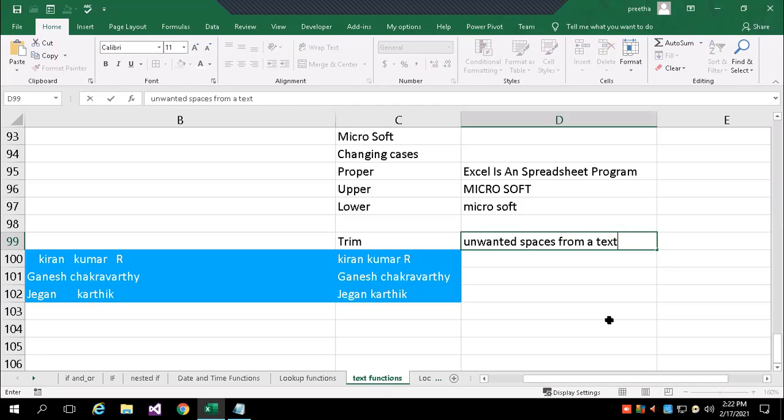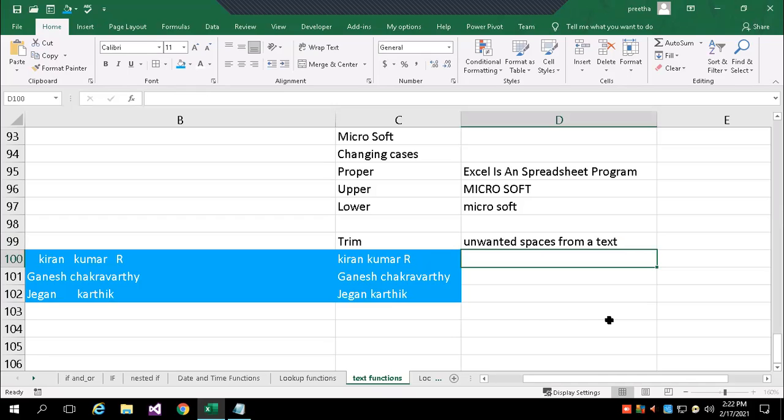That space could be either before the text, after the text, or in the middle of your text. Minimum one space remains. Anything extra will automatically be eliminated. When you are importing data from a database or from a web application or a user data entry form, and you bring the data to Excel, sometimes it will not be in proper order, or the unwanted space will be there. In case you want to eliminate that extra space from text, you can use TRIM. Note that this does not work with mathematical functions.